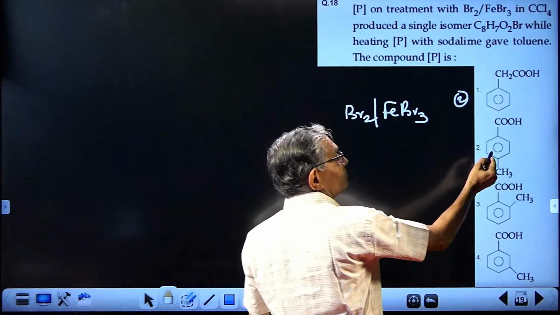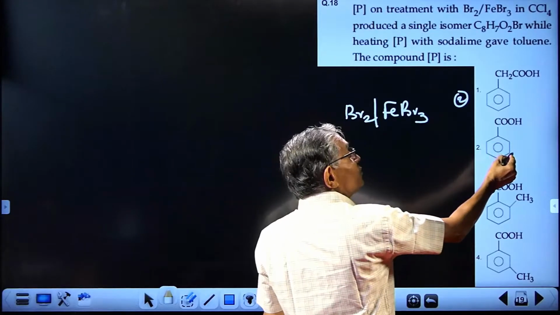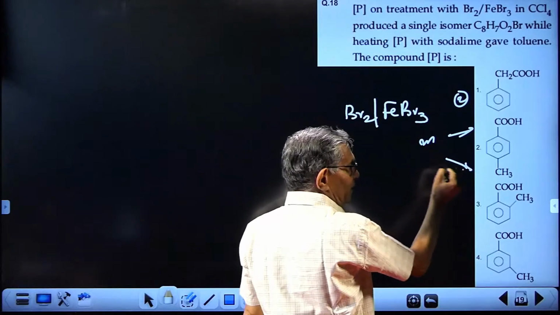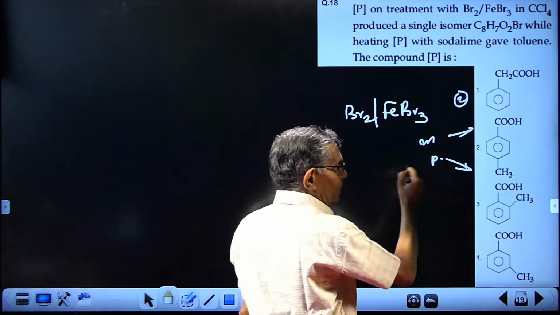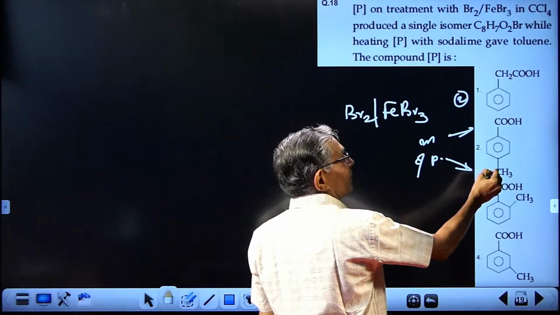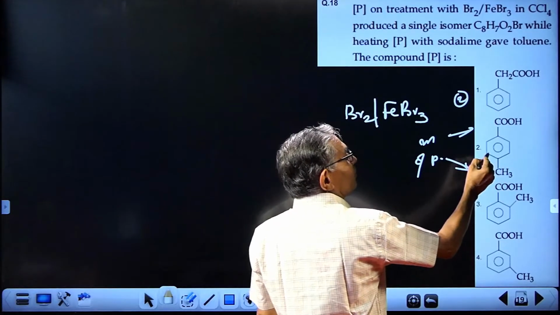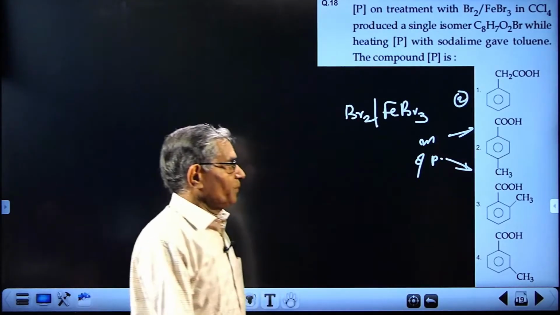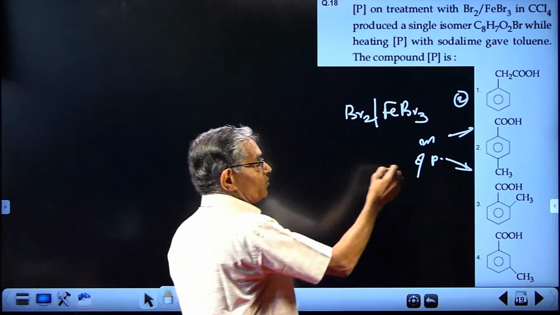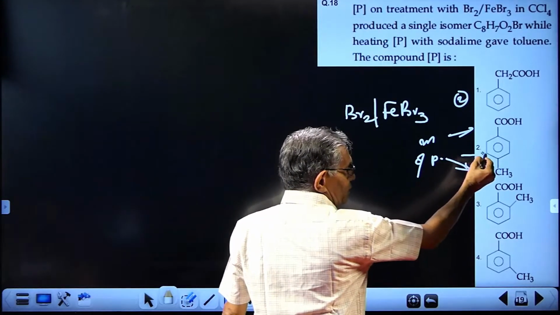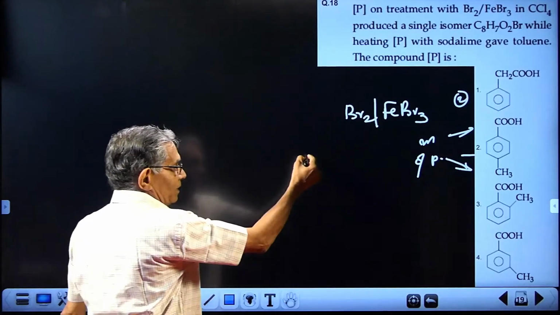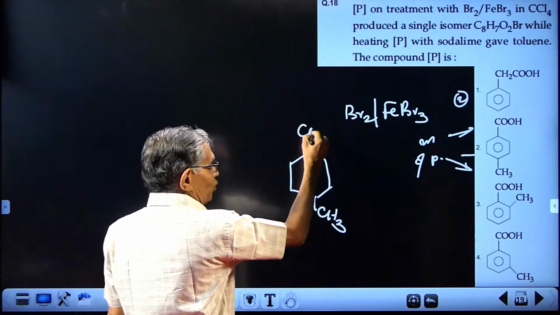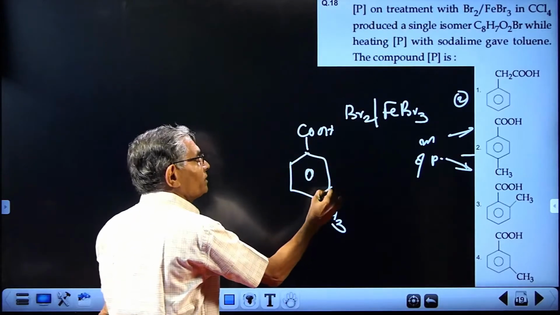What about this one? This COOH is meta-directing and CH3 is ortho-para-directing. But effectively in this ring, the ortho position of CH3 is the same as the meta position of COOH. So effectively only one place is favored. It will be at this position that substitution occurs. In this ring, for example, even though there are 2 groups attached, both groups are directing the next group to the same position here.